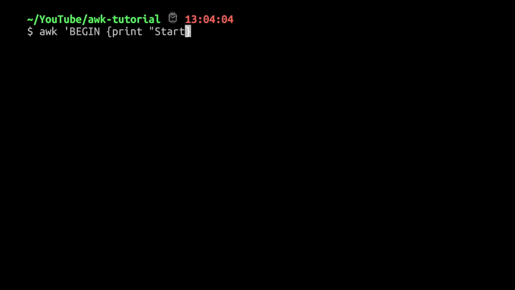Then after this I simply want to print $1, meaning I want to print the first column, and at the end I'll say print "end". Then I'll close it, and I'll pass the data file.